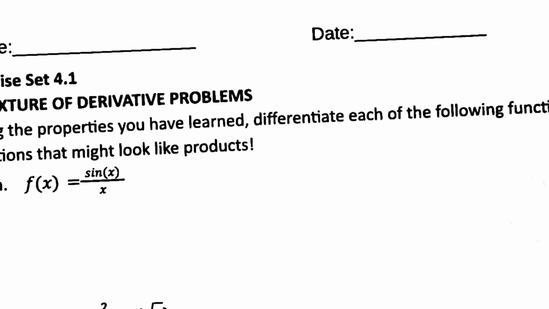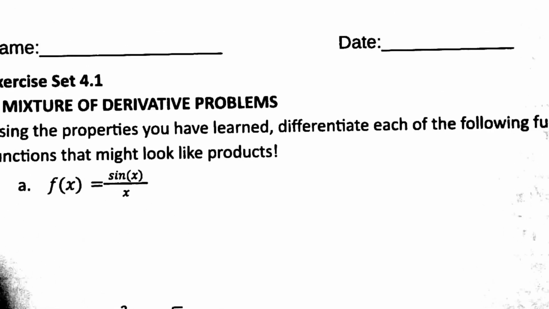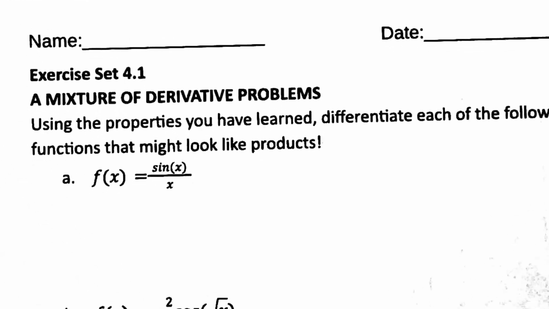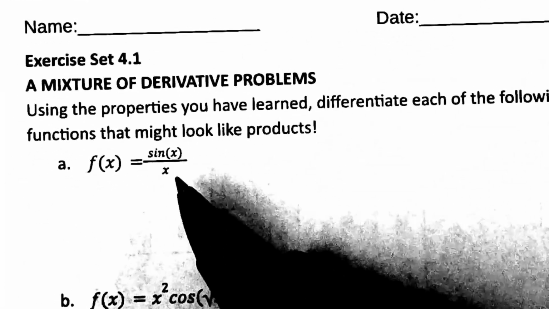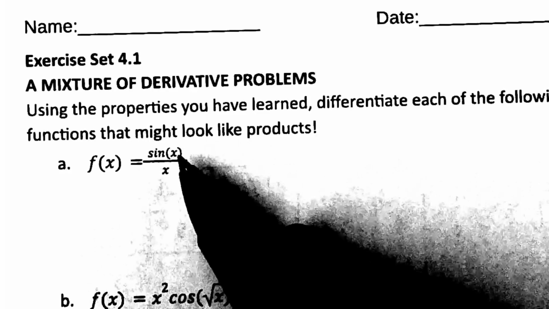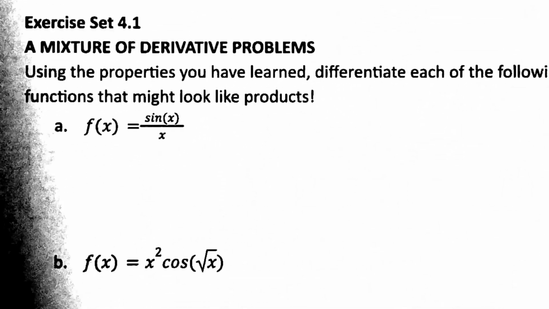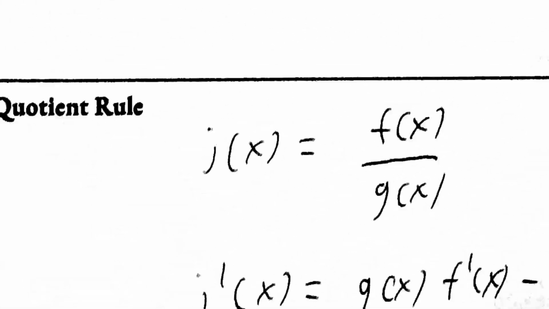Okay, we're going to get started with A. So we're using the properties you've learned. Differentiate the following functions. Be careful of composite functions that might look like products. First one here, we have a quotient because we have sine x on top, x on the bottom. So that means on my rule sheet, I would be using the quotient rule down here,